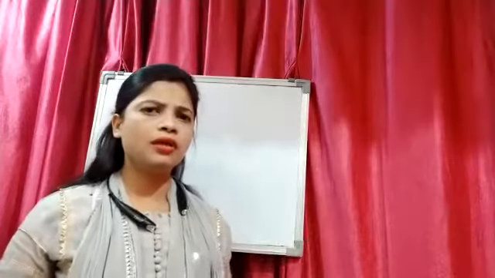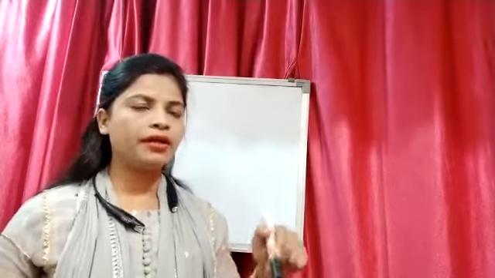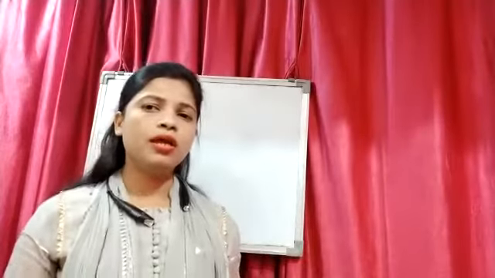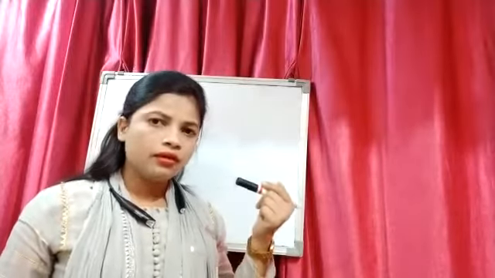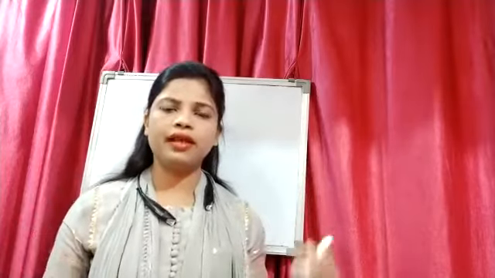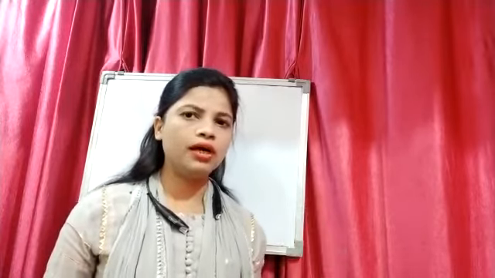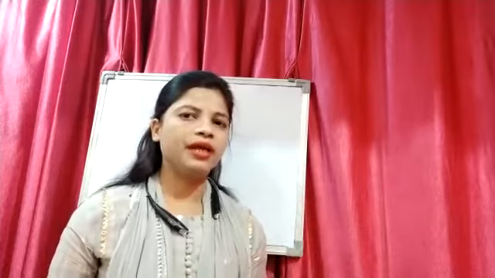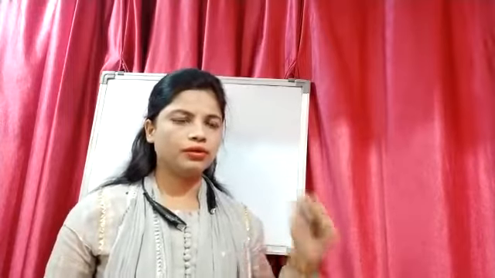What are the steps to convert the decimal number into binary number system? Student, there are the following steps. The first step, write down the given number, or write down the decimal number. Second step, divide the number with the base 2. Next step, write down the remainder on the right hand side, and the remainder is either in the form of zeros and ones.